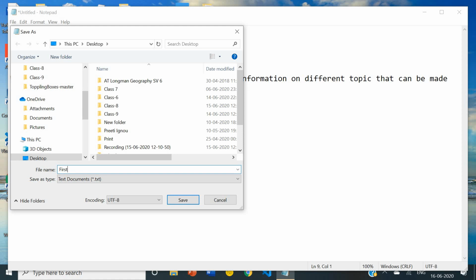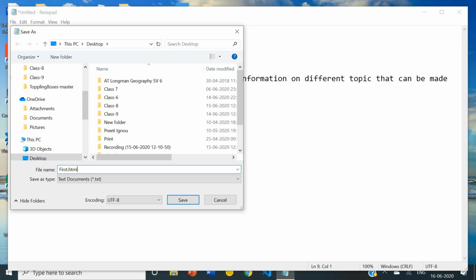It will not be made HTML file. It will be text file, because by default whatever you save, it will save under txt extension. To make it HTML file, we need to give the extension HTML.